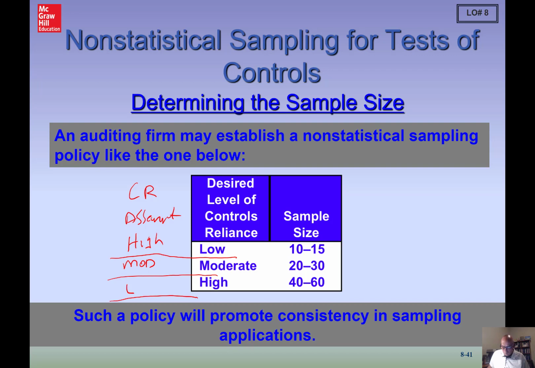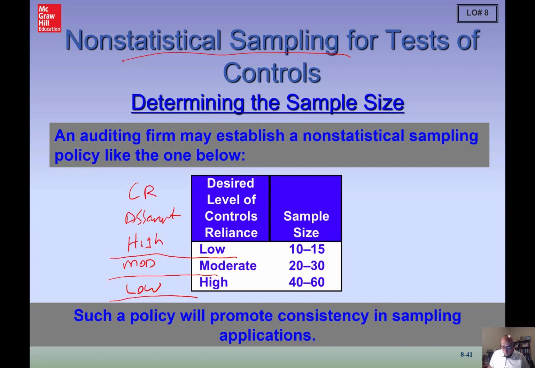And if we had a low control risk assessment, then we could have a high reliance. So that's sort of a different way of looking at it, I guess. Indeterminate sample size, and notice we're talking about non-statistical sampling now, so it just gives an idea of a firm policy as to what your sample size would be. Remember, we said it's okay to use non-statistical sampling. We're just not going to be able to talk about 95% confidence level, upper deviation rate,